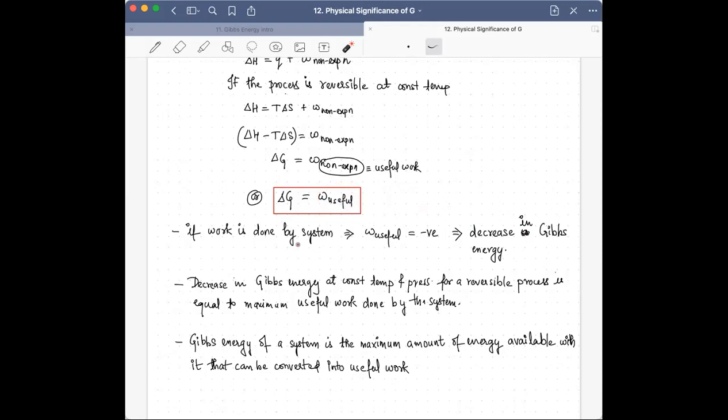Now here we are only talking about the system. We are not talking about the surroundings. However, when you talked about entropy as a criterion, you talked about system plus surroundings. But when you're talking about Gibbs energy, we are only talking in terms of the system. That itself is an advantage, and that is why Gibbs energy is more of a final criterion that you can think of, which could give you a better understanding about a process or a reaction to be